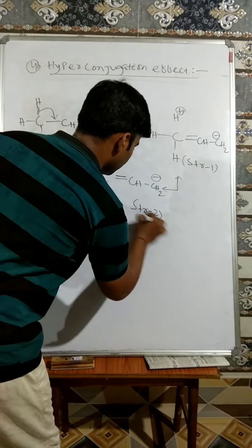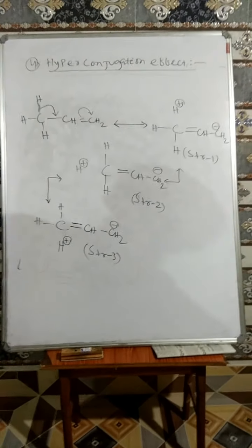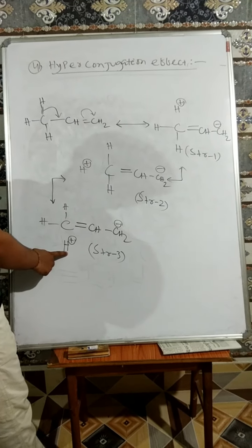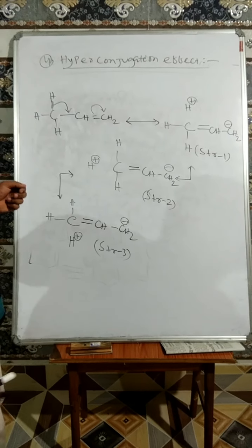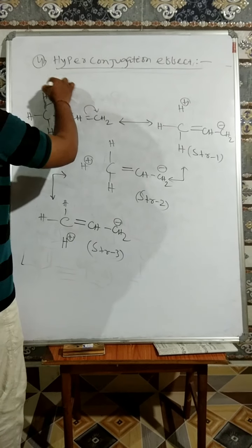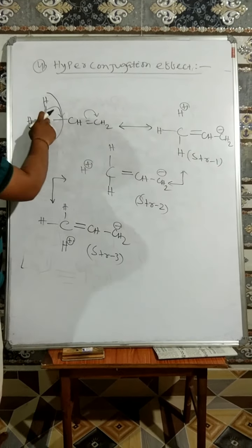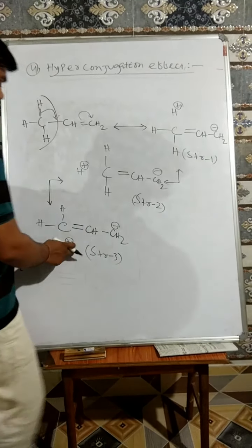And in all the structures, structure 1, structure 2 and structure 3, in all the three structures, you see in between the carbon and H plus ion, there is no bond representation. So that hyperconjugation effect is called no-bond resonance effect. And here in the propene molecule, the alkyl substituent is a methyl group, and it carries 3 hydrogen atoms or protons, and such 3 hydrogen atoms can delocalize in 3 different structures, you see.